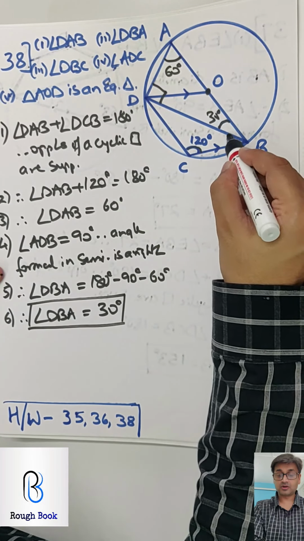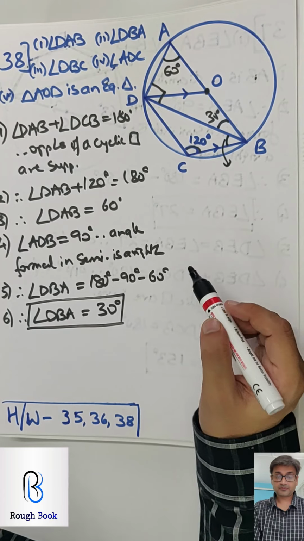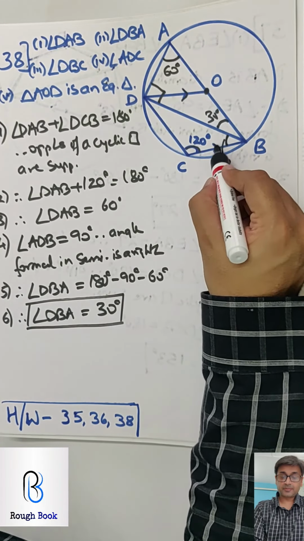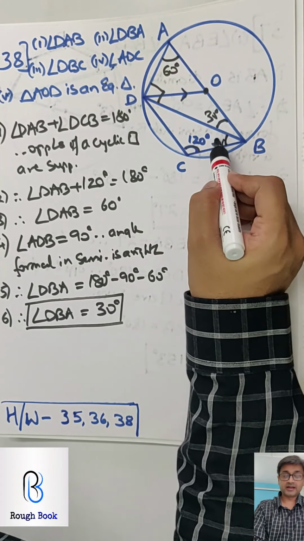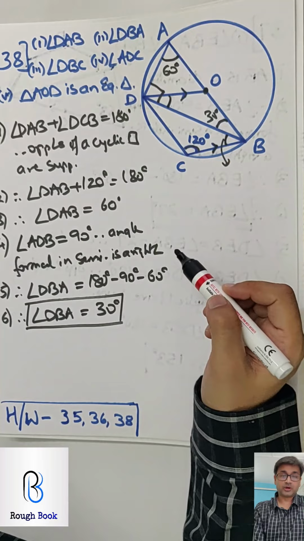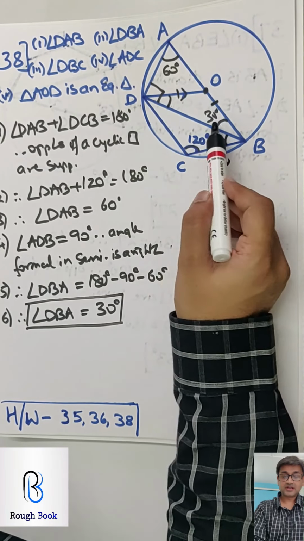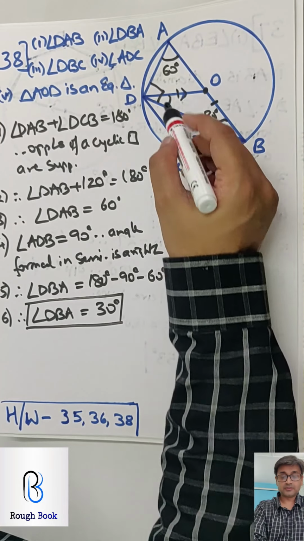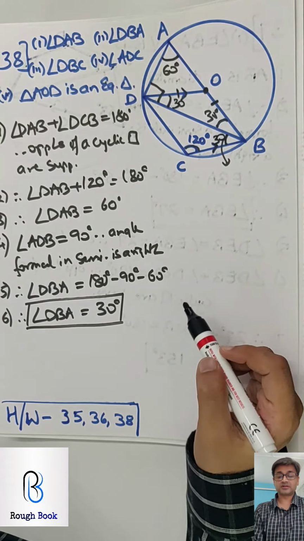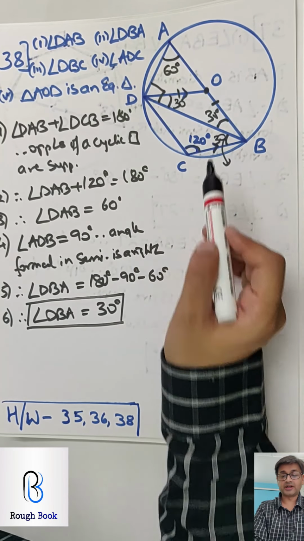Now the third one, DBC. DBC, this is a good one. Can you get this one for me now? They have given us these two lines parallel, so alternate angles. So if you get this, you will get this. How to get this one? So OD equals OB, isosceles. So base angles are equal. So this will become 30. If this is 30, this also is 30. So first get into this triangle, say this is 30, then say alternate and get this one.